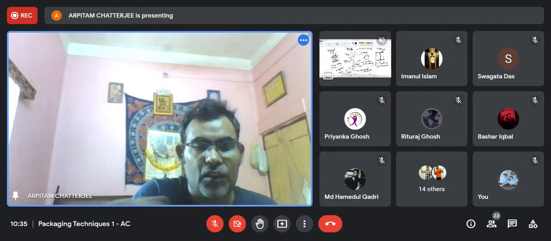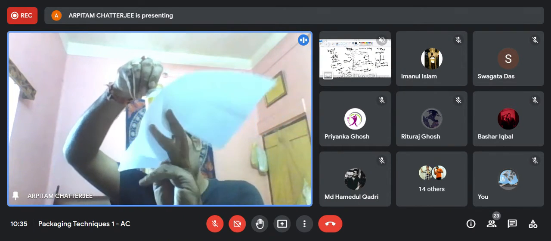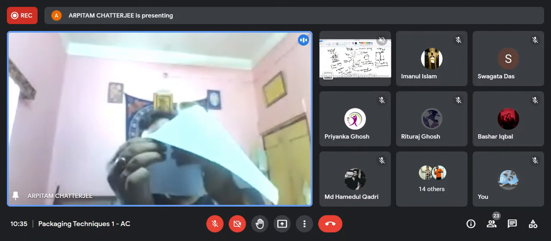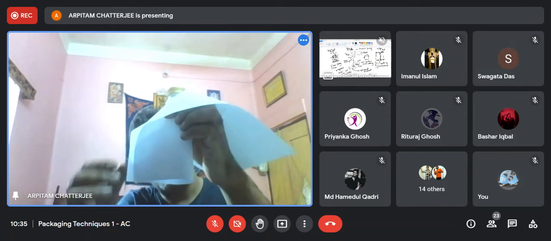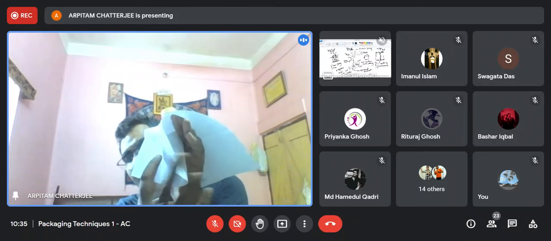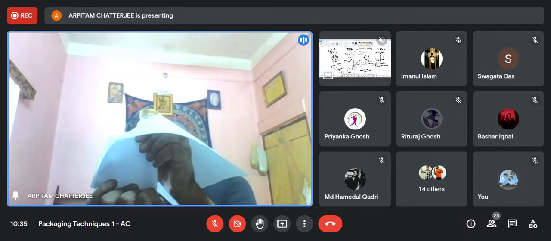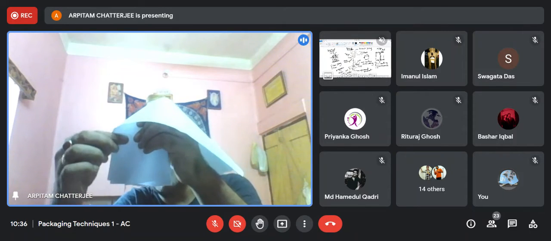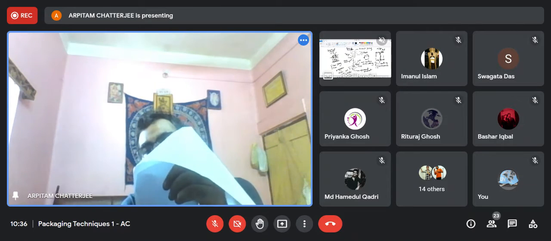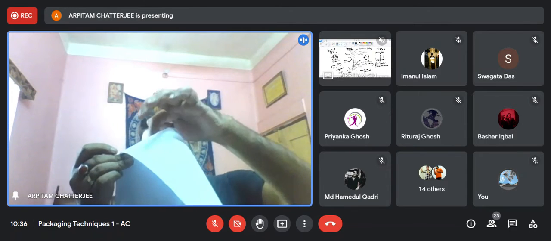So let me take another one. This one maybe. So something like this, and it is getting wrapped around it like this. Okay. So once it is wrapped, what's happening? You have an open end, this side, and also at the bottom side. So if you put a seal at the bottom and a seal on this side, what's going to happen? You are again getting the formation, that this part is sealed, only the top part is not sealed.